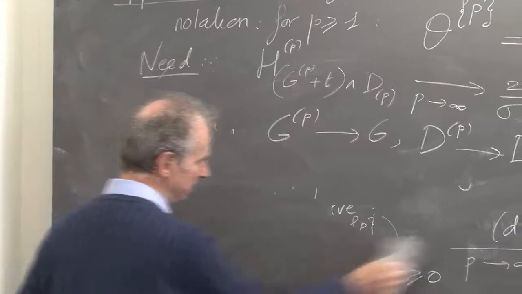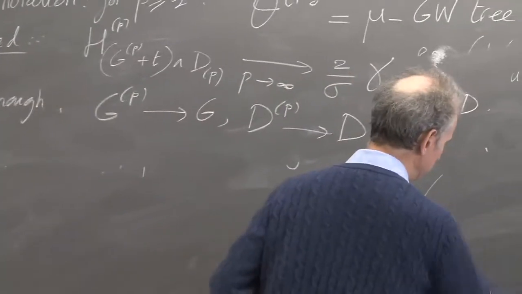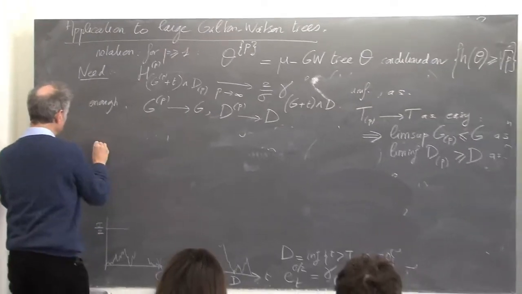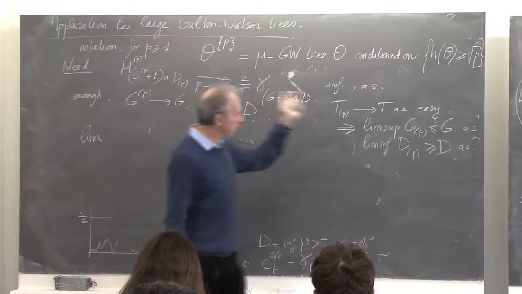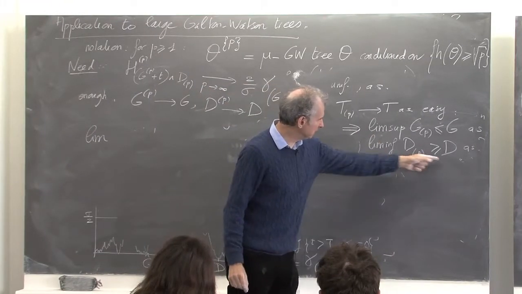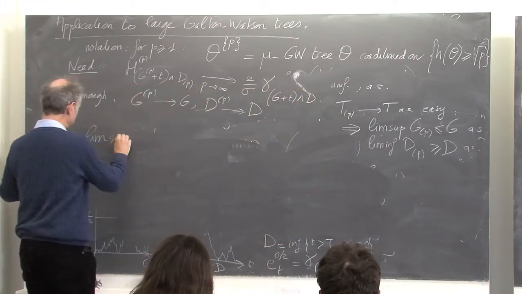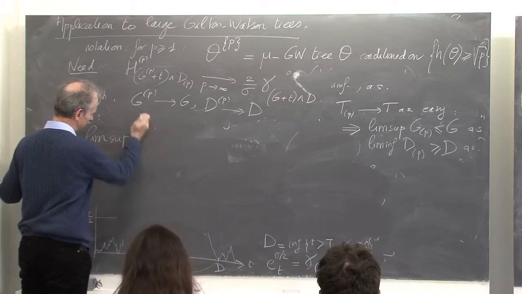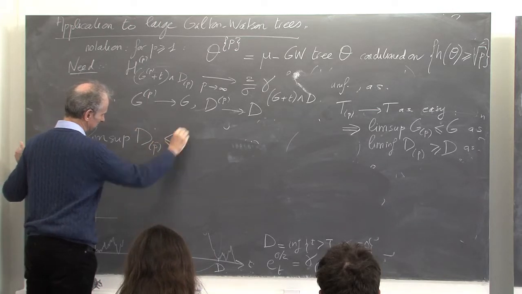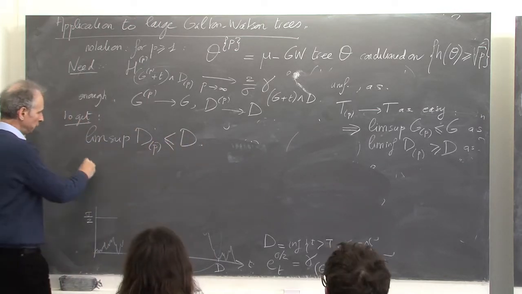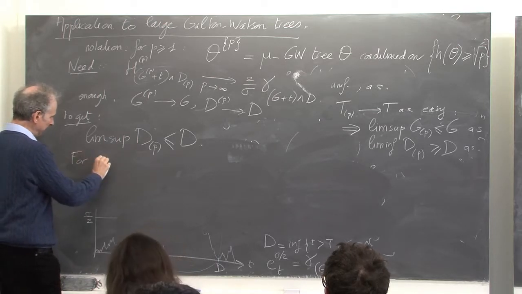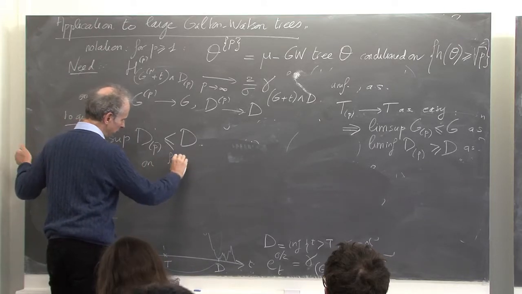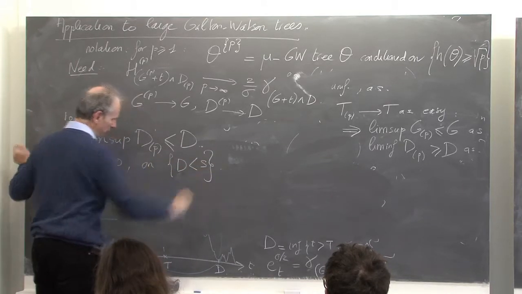And to do that, so this is the last thing I want to say. For instance, how do you get, well, the other bound? For instance, you don't need only that, you need also the same with the lim sup. Okay. So what I'm going to do, I'm going to take any S positive. I'm going to look at the event where D is less than S.